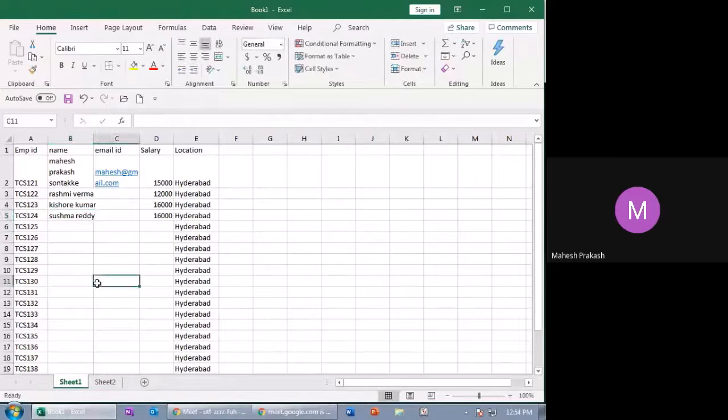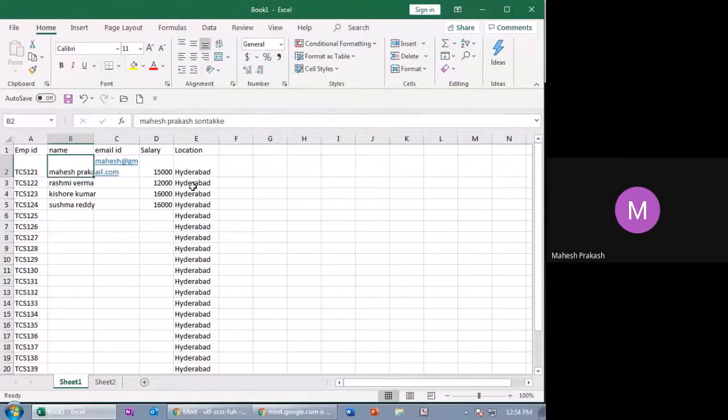Now this is the way it is. I'll remove this. Wrap text means it is forcefully making the cell fit with the complete text.